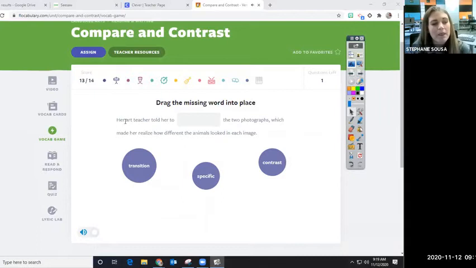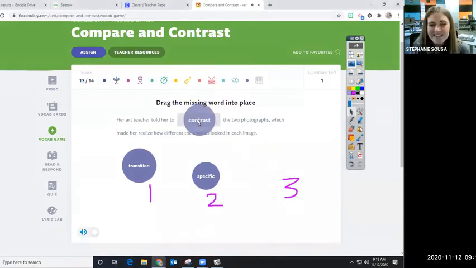Last one. Her art teacher told her to blank the 2 photographs, which made her realize how different the animals looked in each image. Find the differences. So did her teacher ask her to transition the 2 photographs, specific 2 photographs, or to contrast 2 photographs? We were so unsure of that word at the beginning, and now we got it. Contrast is correct. It's showing